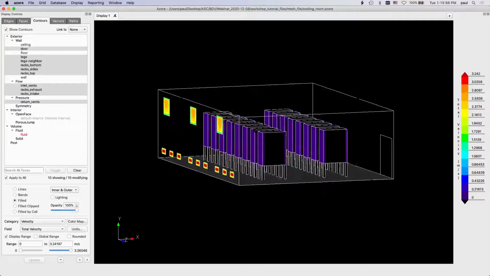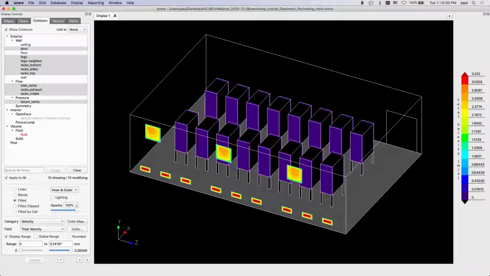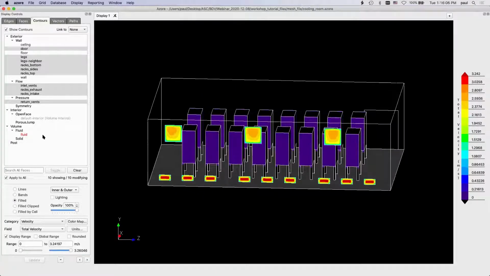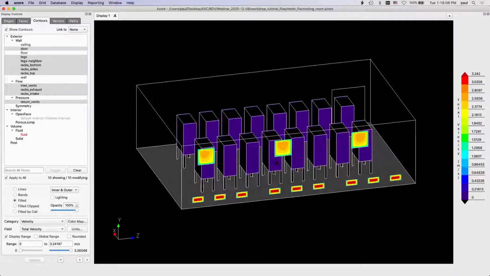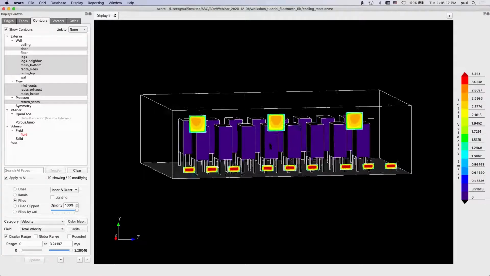I'd like to look more at what's happening on the inside of this model. What's going on with my flow? In your mesh you can define internal surfaces and they would show up on the list, but for this case, I didn't do that. So in order to show that, I want to cut my model in a few places and look at it